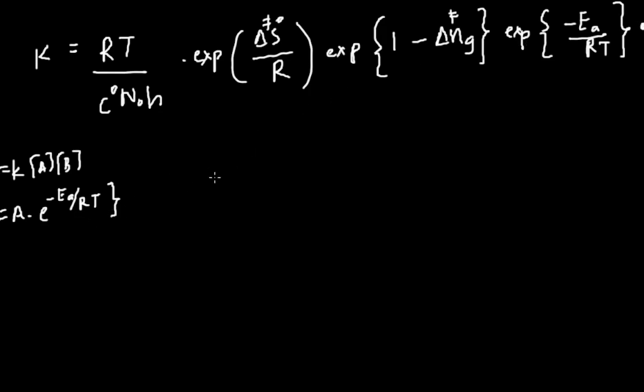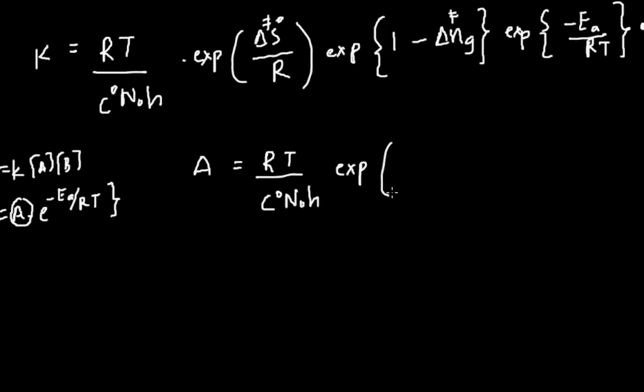So what will happen is you will get an expression for the pre-exponential factor A. Comparing, A will be equal to RT by C naught N naught h